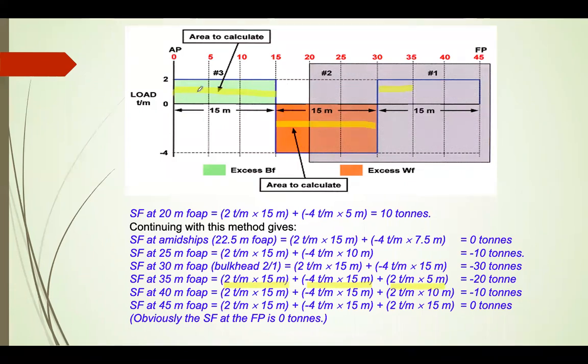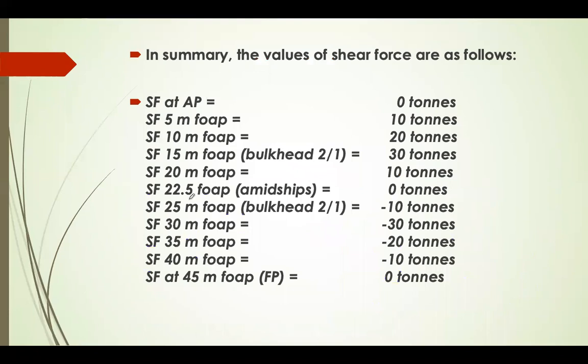So basically this whole area, this area, and from 30 to 35. This will be on the positive. This will be on the negative. Again, this will be on the positive. So that will give you minus 20 tons. In the same fashion you do for 40 and 45, you will get all these values. So once you write down all these values, it starts from 0, goes to 10, 20, 30, then again comes back, goes on the negative side. Okay, so these are the values at 5 meter intervals of bulkheads.